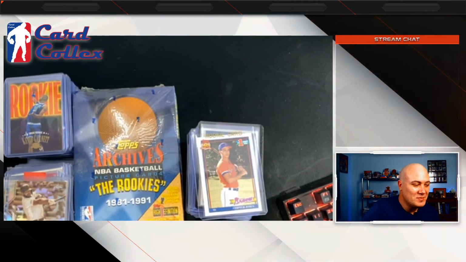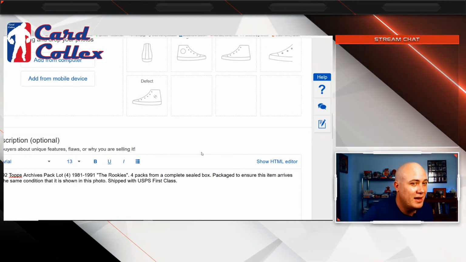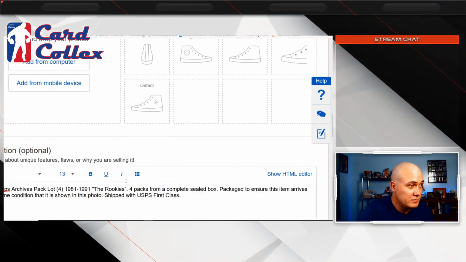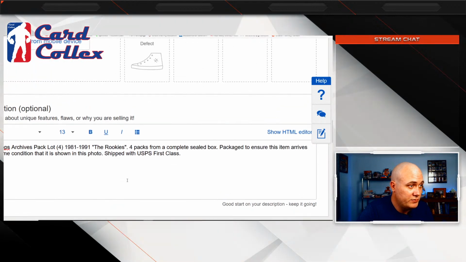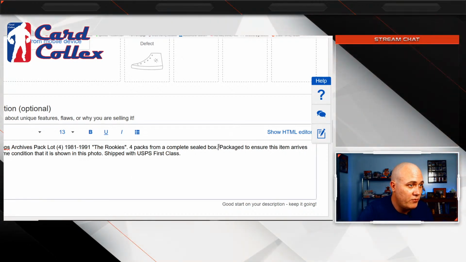All right. So back to our eBay listing. That's probably what I would put for those. Like 1992 Topps Archives pack. Lot of 4. 1981 to 91, the rookies. 4 packs from complete sealed box. Packaged to ensure the item arrives in the same condition it is shown in the photo.